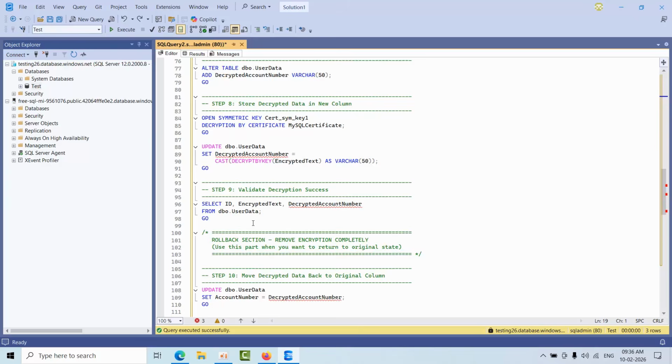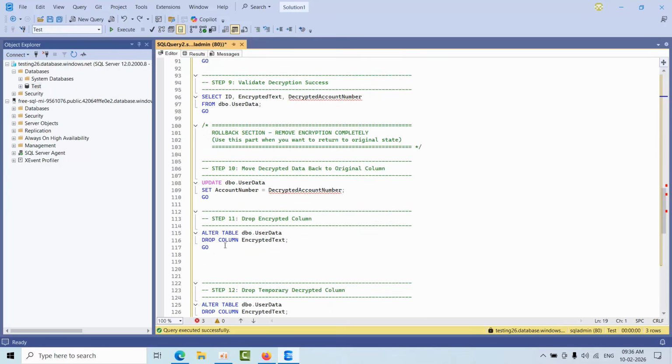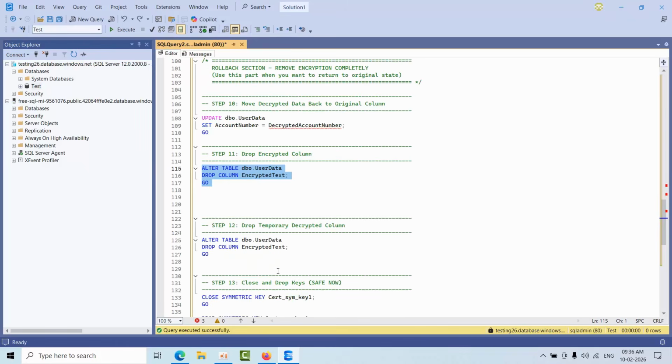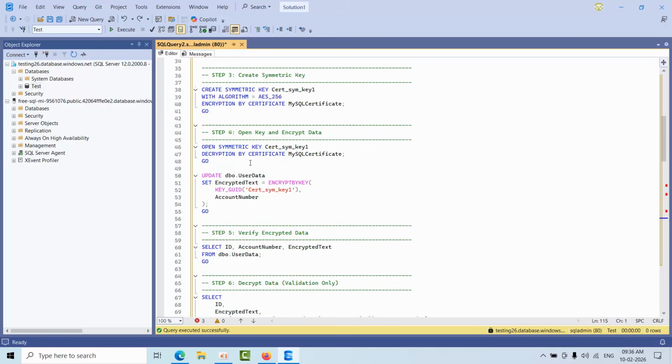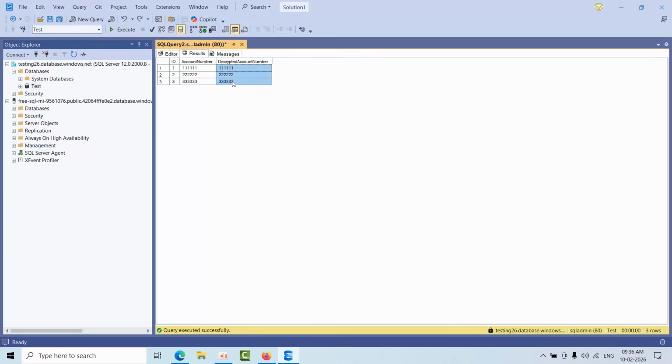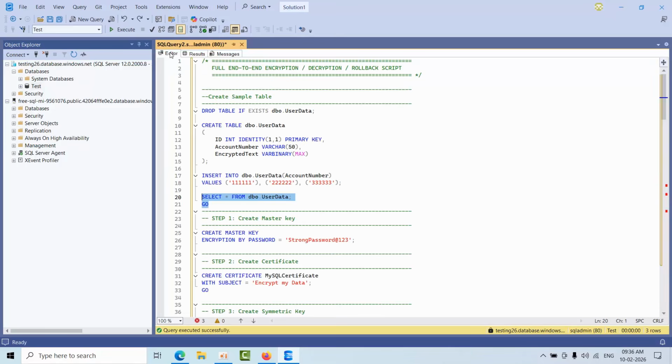Now if I go here, alter table drop column encrypted test. Okay, so now we are able to drop this column, and now if I go see here, I'm able to view the data here. Okay, now we are good. Still, if you try to export